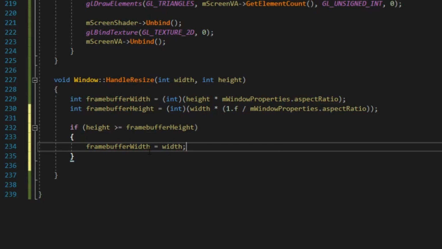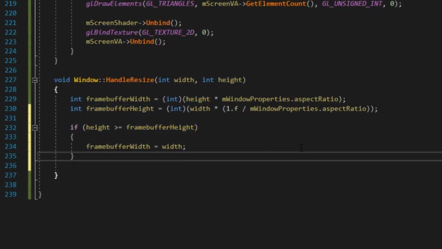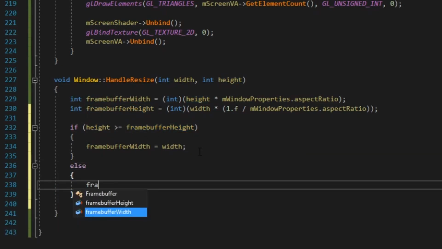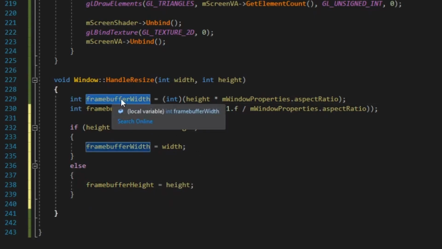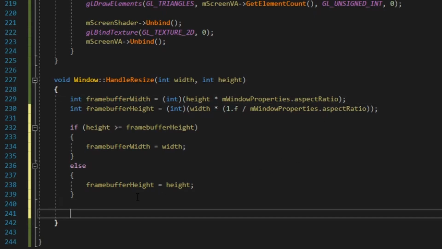Because we're saying, okay, we can take up the entire width of the window and we'll have this sort of shrunken height that is less than the height. And then otherwise, which means our frame buffer height will be that of the window's, and then we'll use the frame buffer width up here that is sort of calculated from that aspect ratio. Okay, and then we can just set our frame buffer size to frame buffer width,